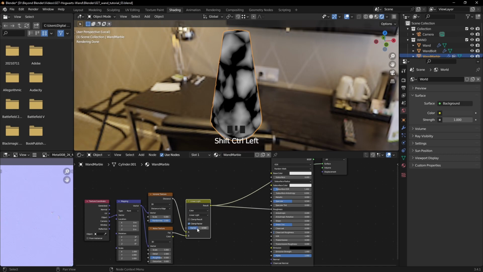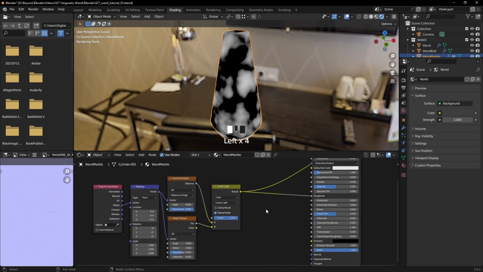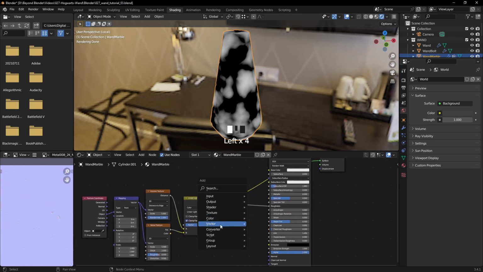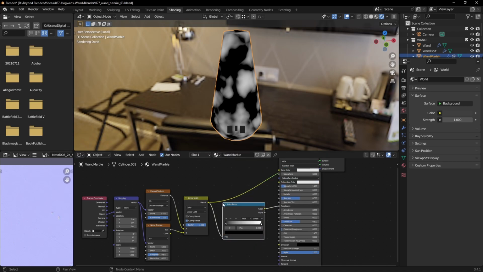So you can use the factor now to determine how much of a mix you're getting between those two nodes. So somewhere in the middle is pretty good. Or you can go all the way to 1 depending on what kind of look you're after. So I left it at 1 there, which is probably in hindsight not the best idea, but we'll come back to that later on. So now I'm going to introduce a color ramp again, drop that into the roughness from